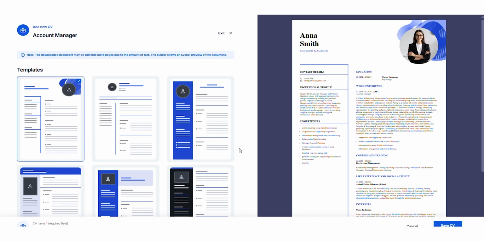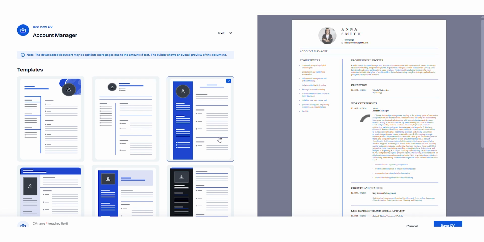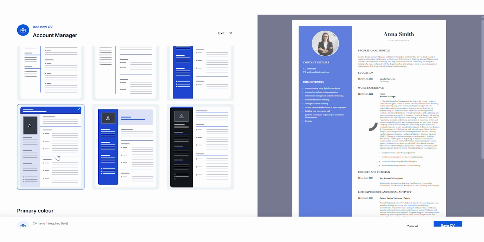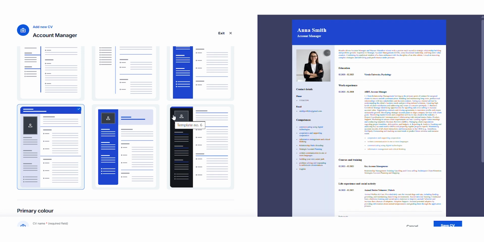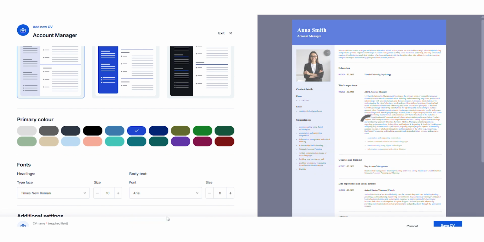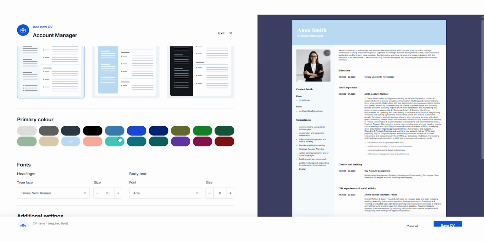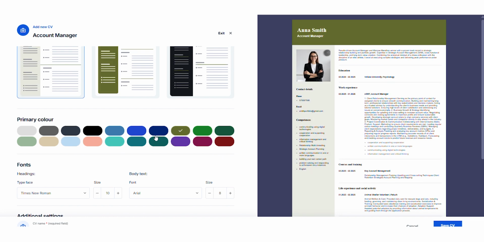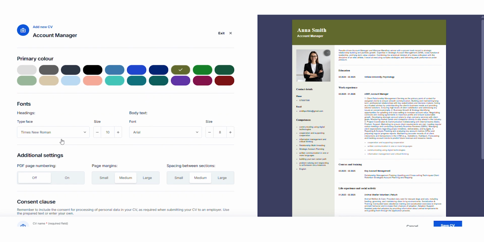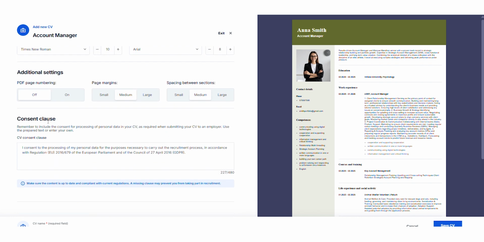The generator allows you to select a template, adjust font styles and colors, and customize additional settings. What's more, you can either paste your own consent clause or use one that is generated automatically by the system.